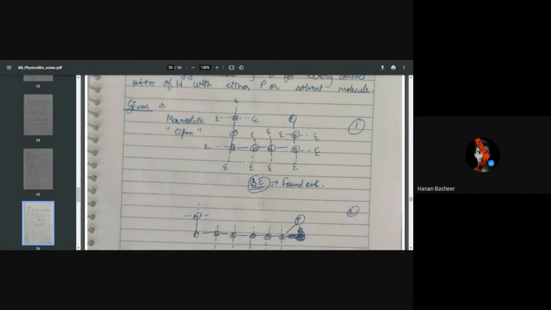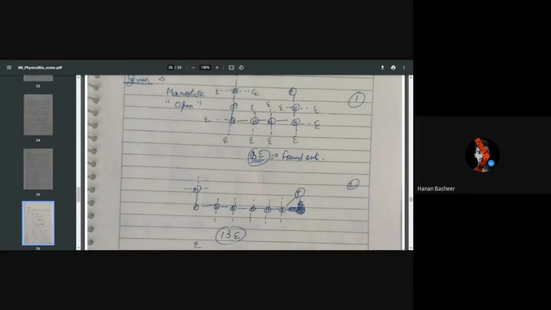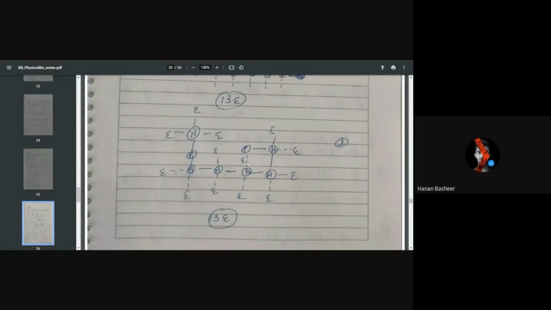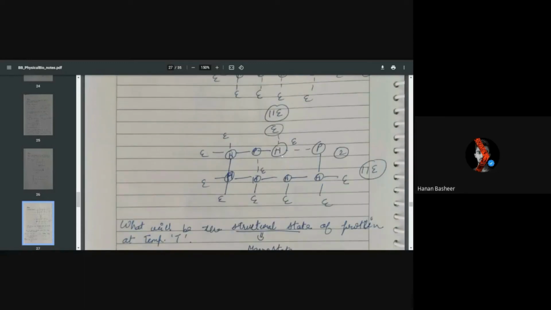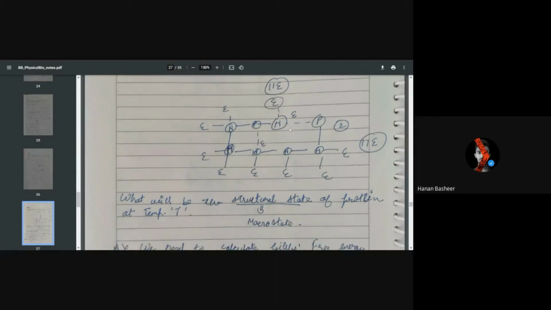You can see where there will be an obstruction due to a neighboring atom of the same molecule, then we won't get that interaction. So here there is no interference, here also and here also. Here you can observe that there is an interaction of P with H itself. It is given in the question that P can interact with H also. But in this case, you can observe that there is an H disturbing the interaction of the external molecule, the P, with this H. So here one interaction energy E drops. Similarly, you can see in this other conformation also there is an interaction energy drop. So here one, and here also there is an interaction energy drop. So there will be 2E reduced, and hence 11E will be in this case.